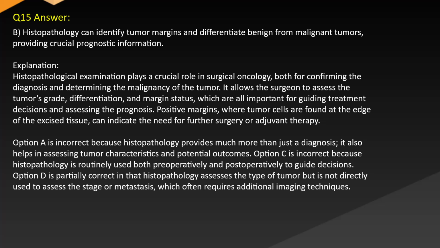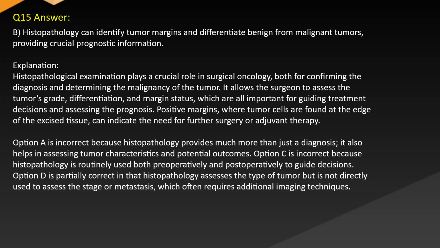Explanation. Histopathological examination plays a crucial role in surgical oncology, both for confirming the diagnosis and determining the malignancy of the tumor. It allows the surgeon to assess the tumor's grade, differentiation, and margin status, which are all important for guiding treatment decisions and assessing the prognosis. Positive margins, where tumor cells are found at the edge of the excised tissue, can indicate the need for further